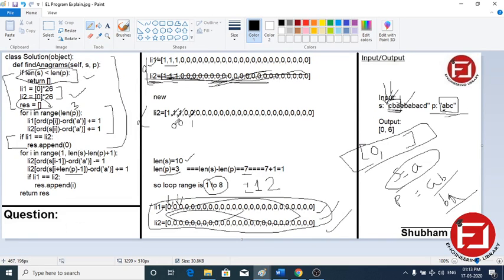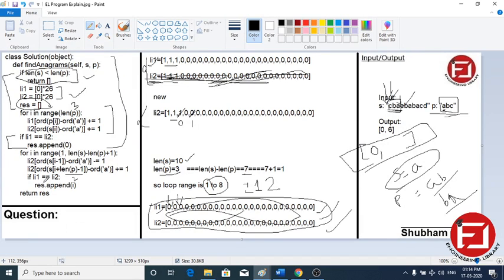Now length of p minus 1 is always 2, and the i value is 2, so 2 plus 2 is 4. 0, 1, 2, 3, 4, which means b. b should be incremented: ASCII value of b minus ASCII value of a means first index. The first index will be changed back to the original 1, so this will become 1 now.